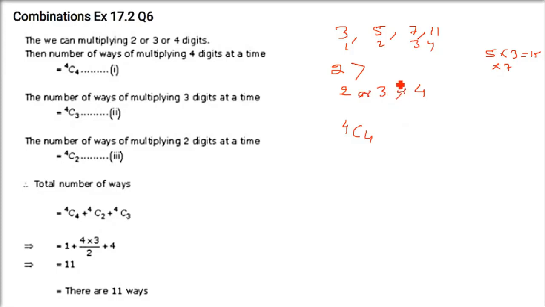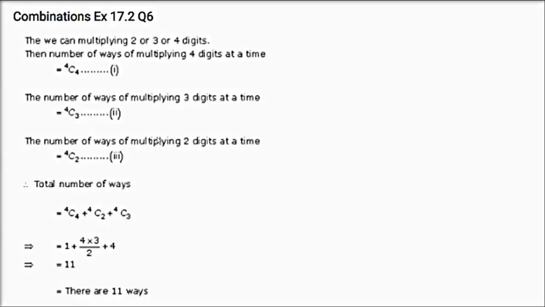So it is OR, right? The question is saying OR. That means you have to add. Whenever there is AND, you have to multiply, wherever there is OR, you have to add. Now 4C4, now we'll take 3 out of these 4 and multiply them. And now we will take 2 out of them and multiply them. But the condition is 2 or more, so we cannot take 4C1. And now there is an OR relationship. You just add them: 4C4, 4C3, 4C2. You have to add these, and you are going to get 11 ways.